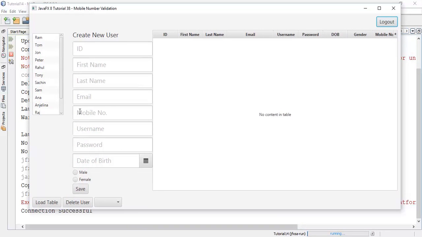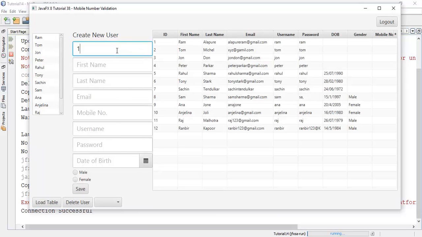So this is the new field which we have added in the database as a mobile number. Now we are going to add a new user to validate the mobile number. So say this is the 13th user, say Amir Khan. Let's say Amir Khan @gmail.com,